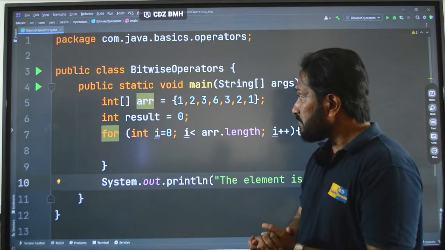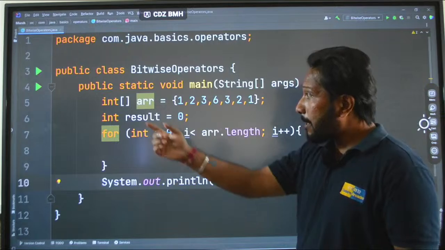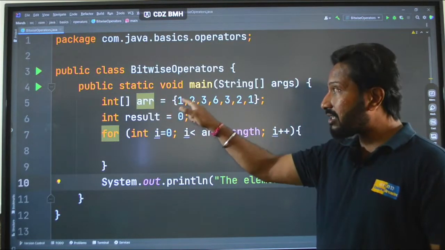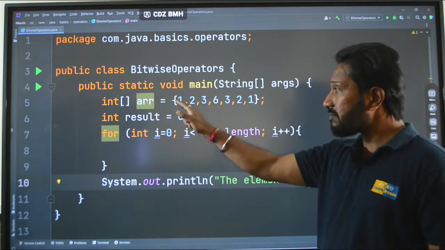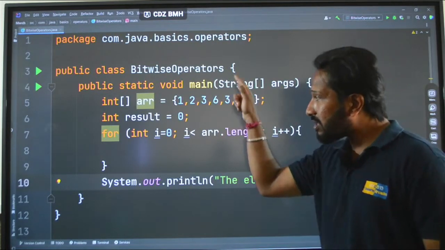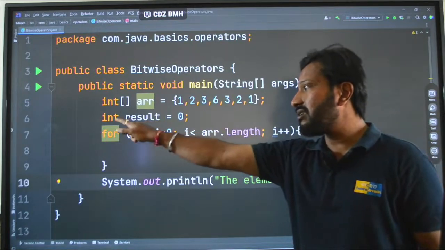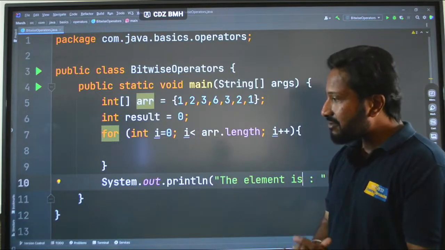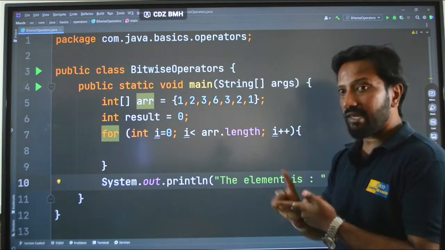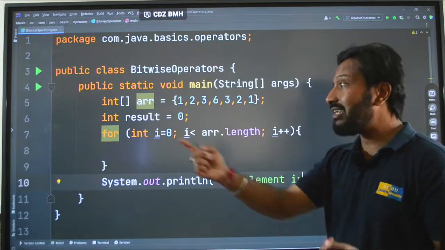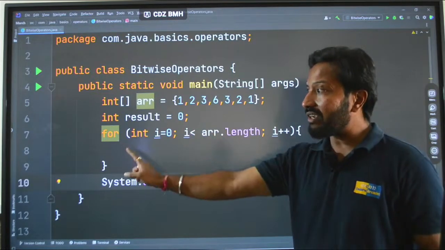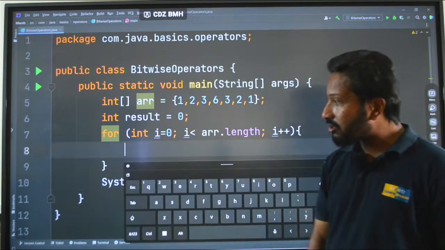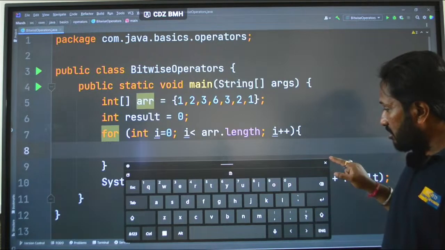Okay, so the question was something like this. As I said, you have to find this non-repeating element 6 in this array. See here, all the other elements are repeated at least twice, 1 1 2 2 3 3, and you can see 6 has not been repeated. And here I have a variable called result which is initialized to 0, and after this for loop you have to find the 6 with time complexity O of n, that is linear time complexity. That means only one for loop. That was the question. Okay, and you have to make some changes in this part of the code, inside this for loop, so that the final answer is